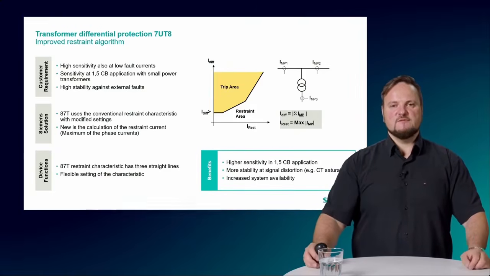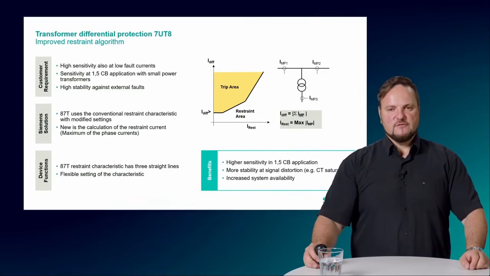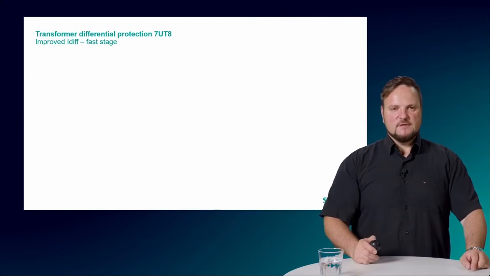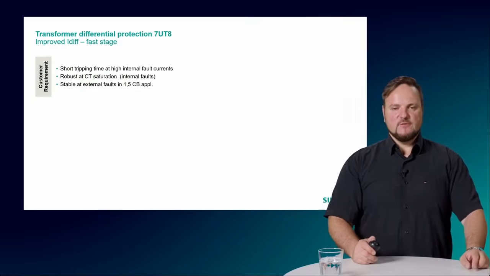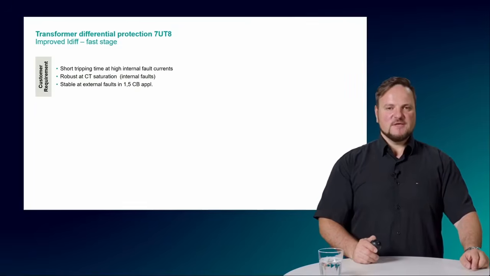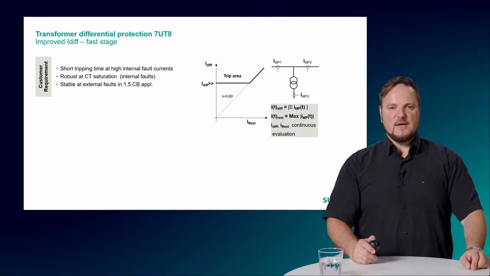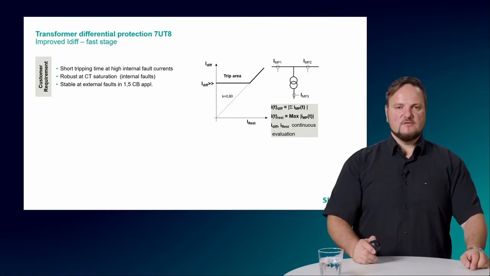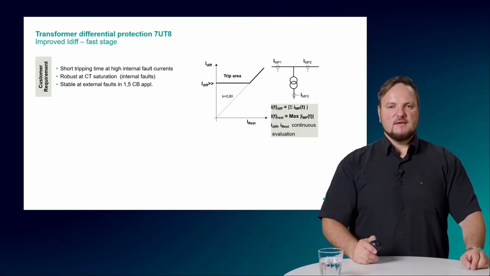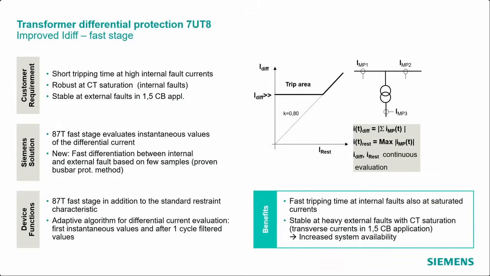That means if you test the differential protection with an Omicron differential module, then you have to change now the restraint calculation. So the next improvement, and this was a really good improvement because we used that implementation from the busbar protection. So that means we have now a very short tripping time. That means when we have high short circuit currents, internal faults, then we can trip immediately. Because the differential protection, the fast stage is working now with an